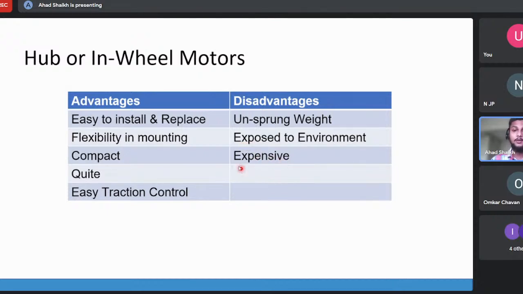And lastly, they are quite expensive, as they are very compact in nature and their windings have to be made very delicately. This is why they are relatively quite expensive compared to chassis-mounted motors. Okay,